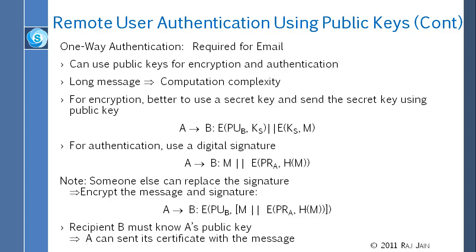What I can do though is send you a signature. A can send to B a message which is in clear, and I can send you my certificate. Along with this certificate, I can send you a hash of that message, which is signed with my private key. Anybody can check it with my public key, if they have my certificate. So if somebody changes the message, the receiver can say, the message has been changed, this signature is invalid.